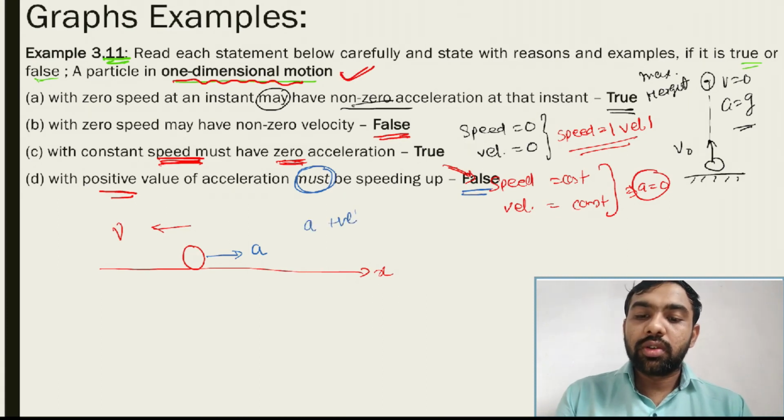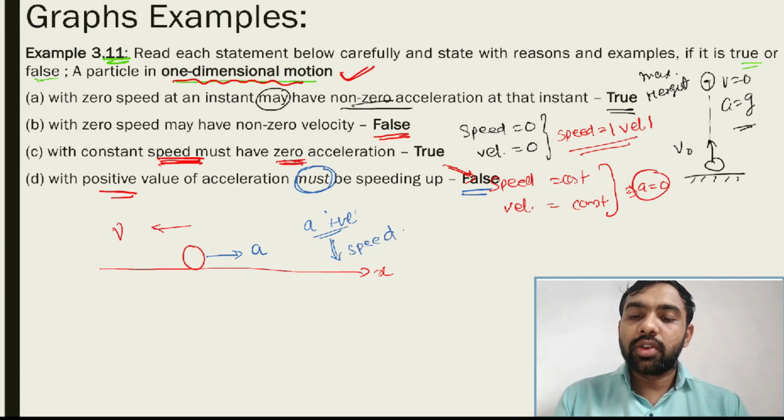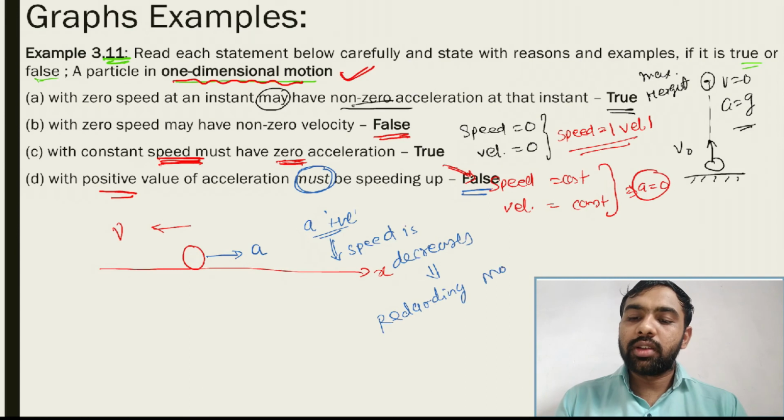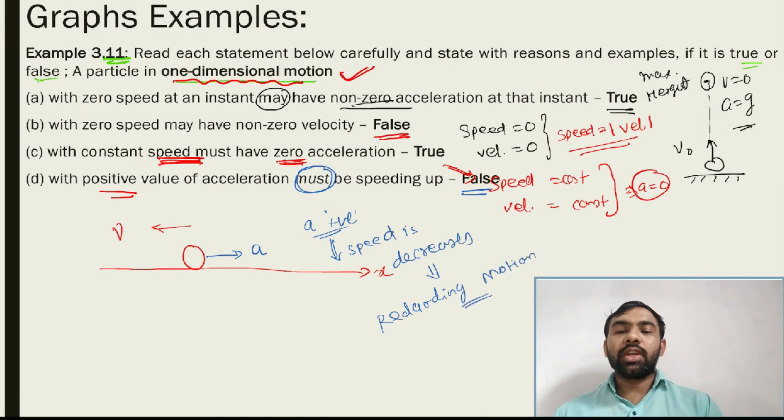Acceleration is positive, but here speed is decreased. This type of motion is called retarding motion. Okay, तो इस तरह से आप answer दे सकते हैं. Clear? So these are some examples, some statements, this theoretical type of MCQ. Okay, all of you guys note this in your books, then after that we will go to the next. Okay, note it.